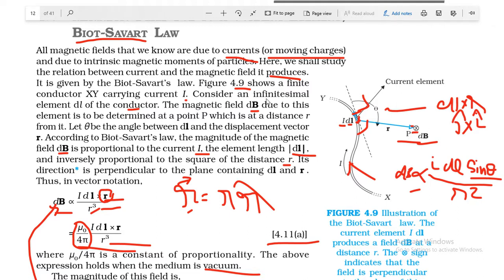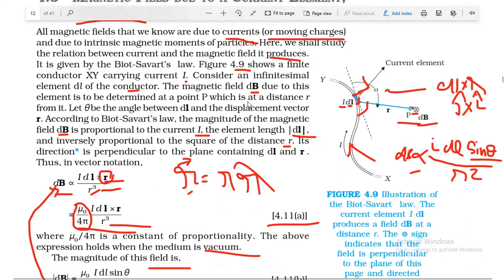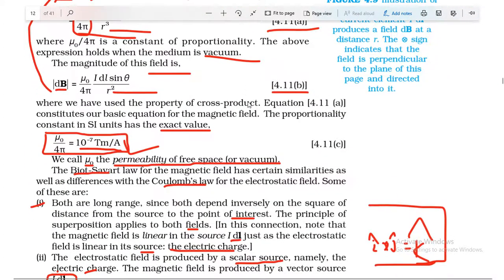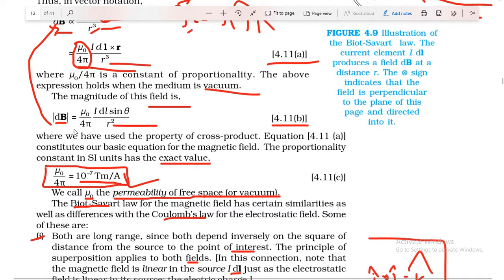Students, I hope you understand this topic, known as the Biot-Savart law, and the one numerical problem which we discussed in this session. Try to solve at least 5 to 10 questions based on equation 4.11. By doing more practice you will get deeper knowledge of the topic. Exercise is very important for understanding a concept. So students, keep practicing, keep studying.